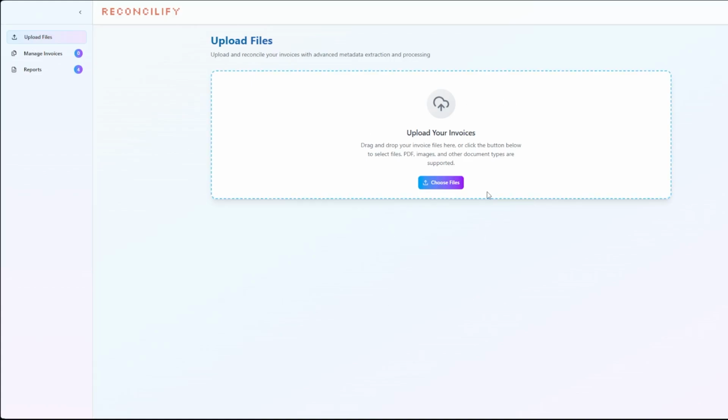Once you log in, you will see a page similar to what you are seeing here. If you see on your left, we have three pages: upload invoice files, manage invoices, and reports. Let's look at each of them one by one. As mentioned, Reconcilify processes your invoices intelligently. That means you don't need to even open your invoices and input any information. You can just upload your invoices in bulk and it will process each one of them and show you in